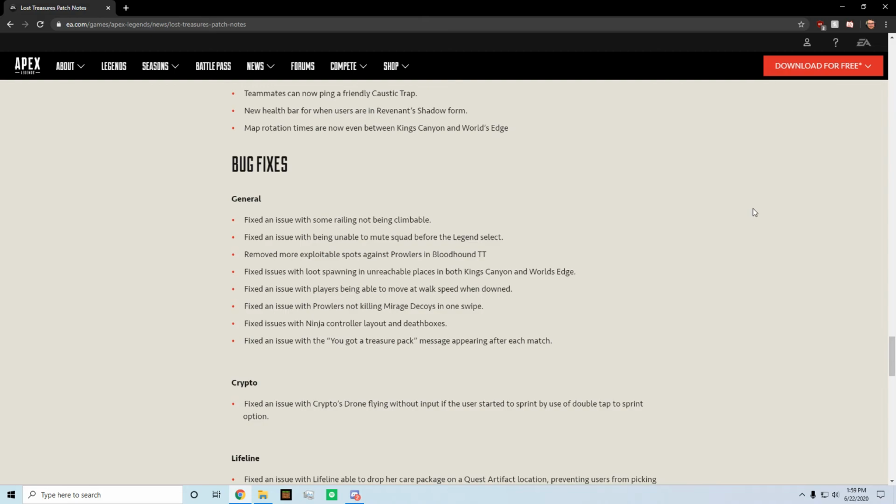Then, are you wanting to go over the bug fixes in this? Yeah, I'll have the bug fixes. So these will be going through pretty quickly, but fixed an issue with some railing not being climbable. I've definitely run into instances in my games where I've just not been able to climb something. Fixed an issue with